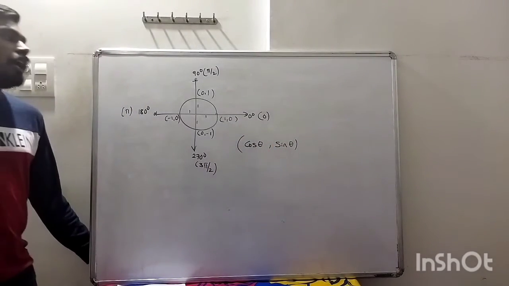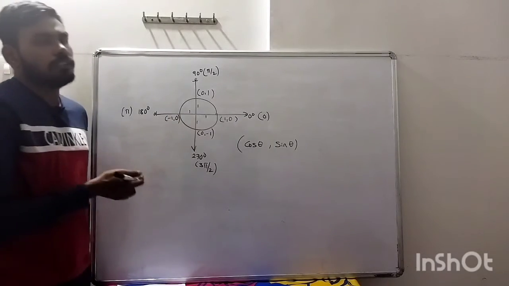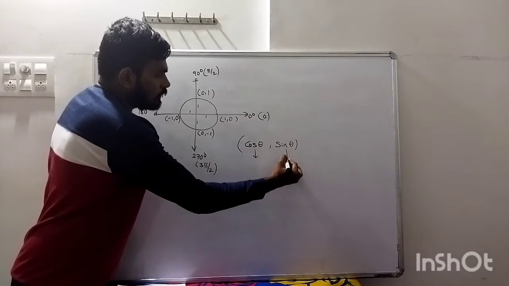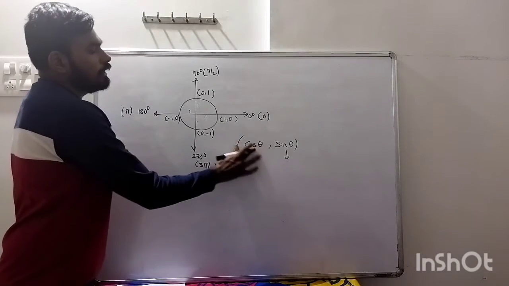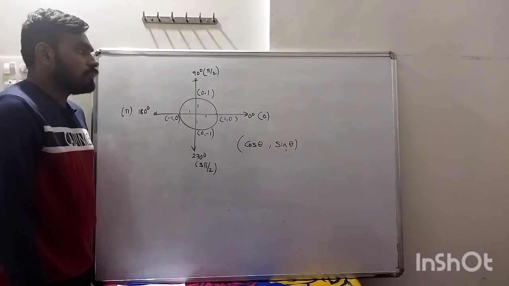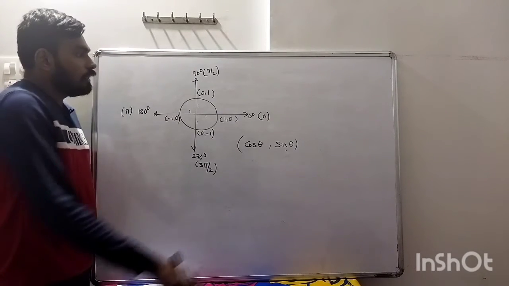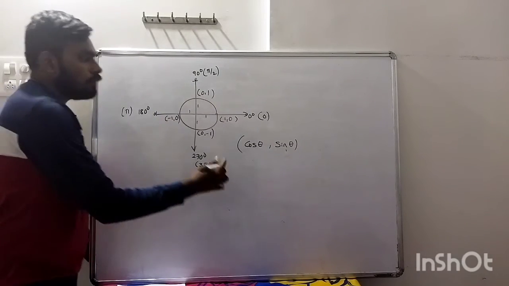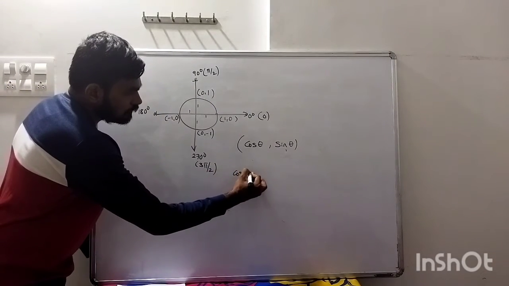See, here I kept r equal to 1 and then I find cos theta is equal to x upon r, okay? So for x just remember cos theta, for y just remember sin theta. For example, if you are asked to find cos of 90 degrees, what to do? On 90 degrees just see the x axis, what do we get? 0, so cos 90 is 0.